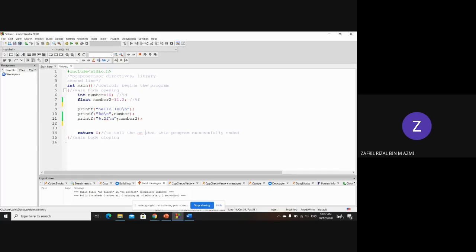So this is the normal conversion character, right? For example, if you want to print an integer,